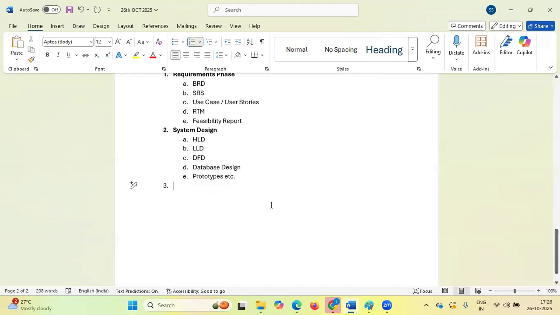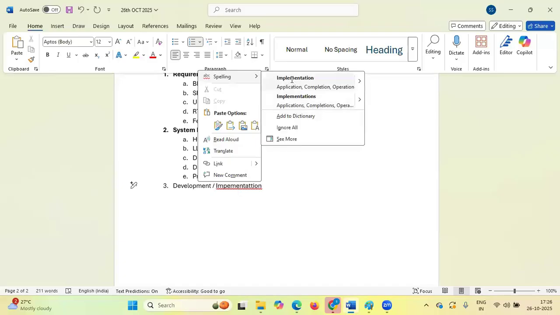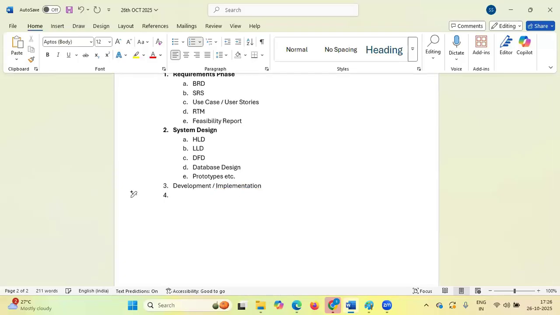What is the third phase? Development or implementation. This particular phase is also known as the coding phase. Okay.